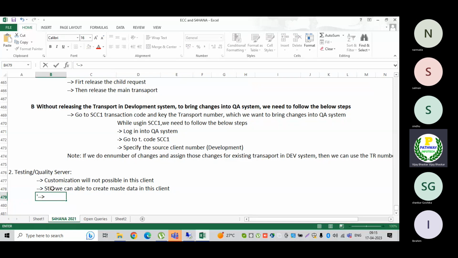When I say detailed, there are different kinds of testing processes: cross-systems testing, cross-modules testing, interface testing, different kinds of testing which we need to perform.